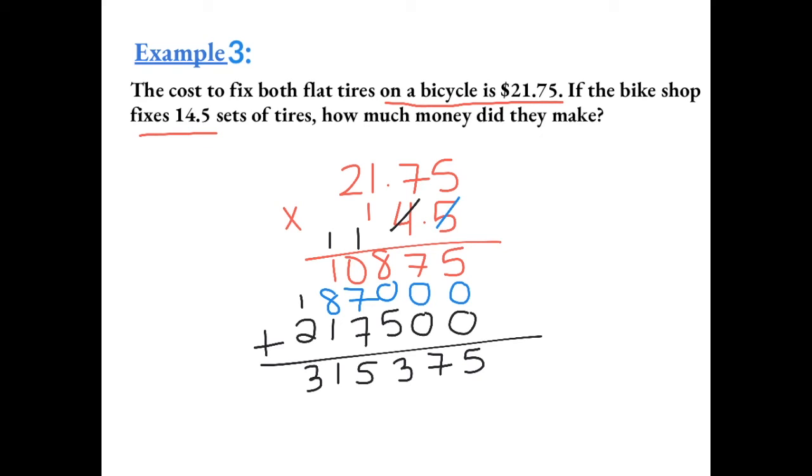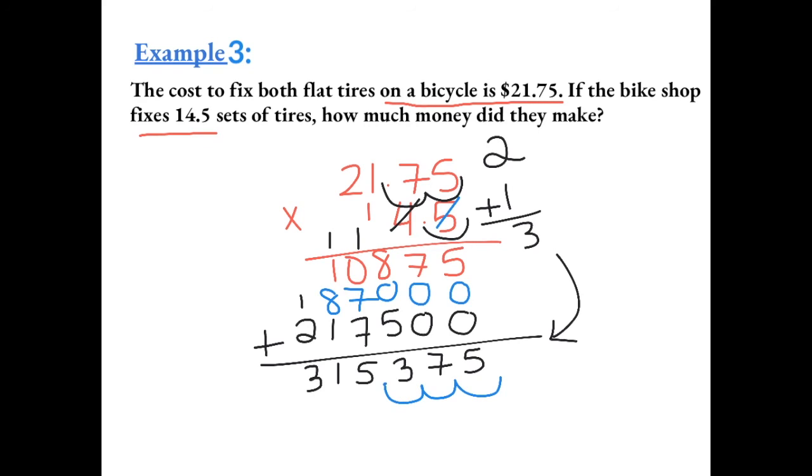Now we have 2 numbers after the decimal here, 1 number after the decimal here. So our answer should have 3 numbers after the decimal. 1, 2, 3. So that means that the bike company earns $315. And now because when we're talking about money, we can only have 2 numbers after the decimal, that means